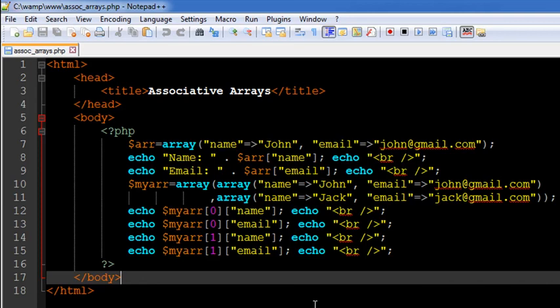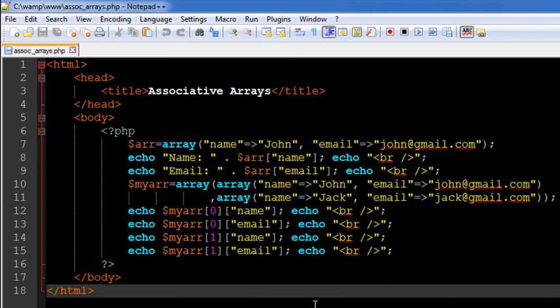So that's it about associative arrays. In the next tutorial, we're going to check out some functions in PHP for arrays,